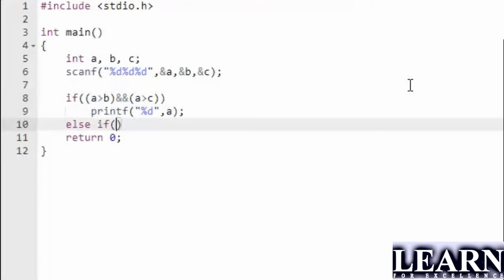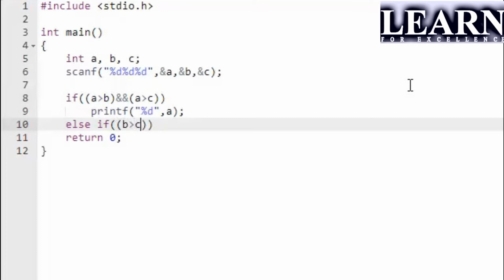if I'm going to check B greater than C, this is enough. Okay, because we have already checked whether A is greater than B or not. This is enough. But still, for our clear-cut clarification, I will take that B is greater than A also. Okay, now if B is greater than A and B is greater than C,